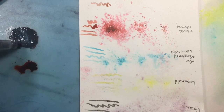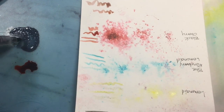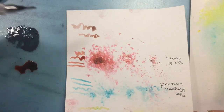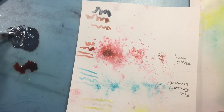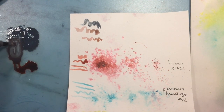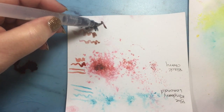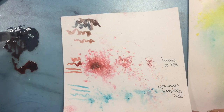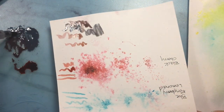There is some grittiness, of course, to the Kool-Aid, and I'm not sure how you feel like that's going to affect how you use this, but there we go. We've got a variety of different colors here that we can make, and so that black cherry